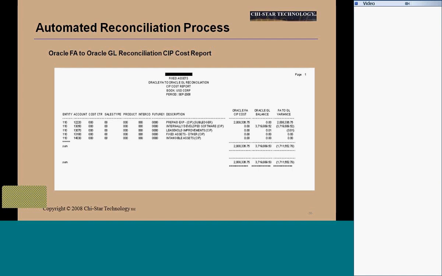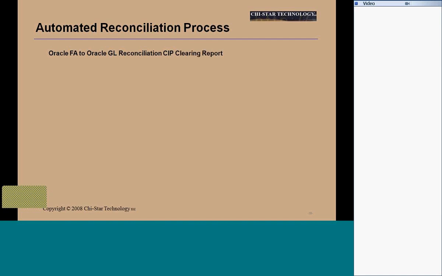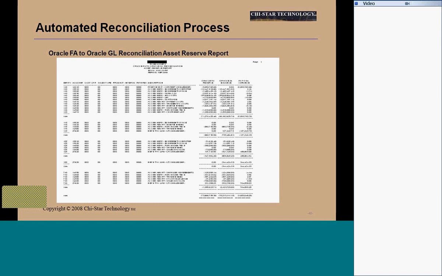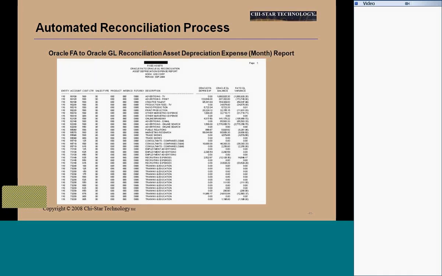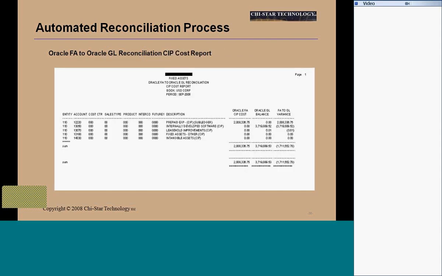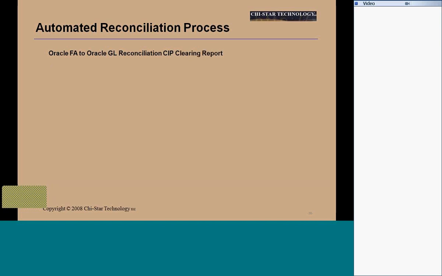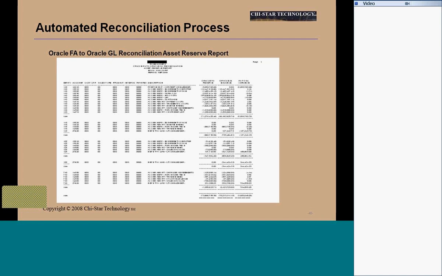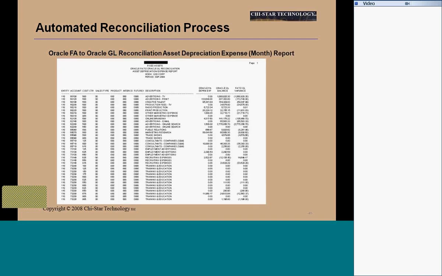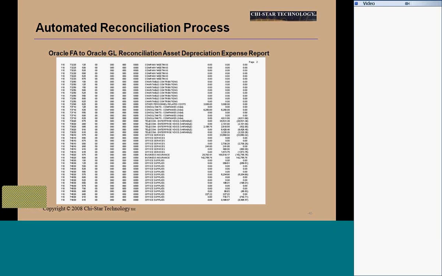So this is an example of an Excel report. Let me get to the PDF here. They may not put the PDF in yet. But this is your Excel report. This is your CIP cost report. Again, it's going to give you your accounting and then a description and then your balances for each of the ledgers, your sub-ledger and then your general ledger and any outages. And you'll have one for each type of asset account. So your reserve account, your depreciation monthly, depreciation expense,